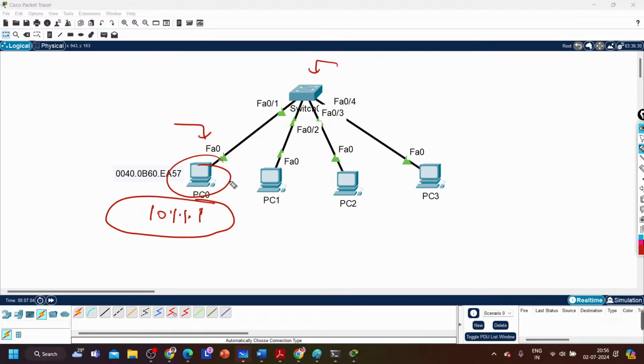Actually, one protocol is going to work over here. That protocol is called GARP, Gratuitous ARP. GARP is a protocol which is used to check for duplicate IP addresses. Gratuitous ARP runs by default on all devices, and it is used to check whether an IP address is unique or not. So it is going to generate one GARP packet,